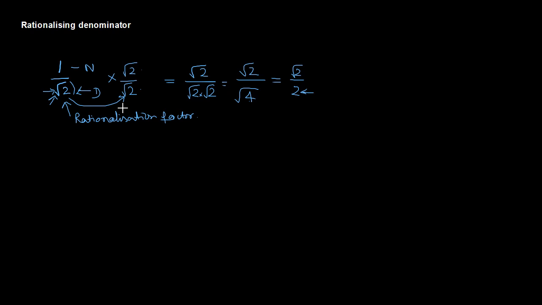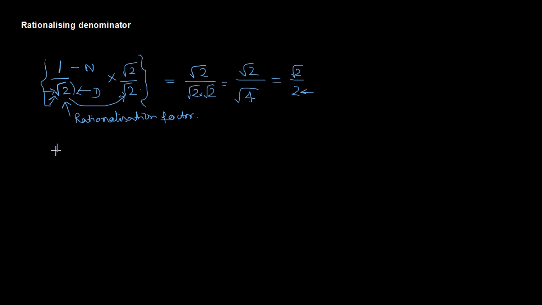Rationalizing the denominator, I'm finding the rationalization factor for the denominator, and multiplying and dividing. The reason we are multiplying and dividing is that even if you verify, this gets cancelled, this gets cancelled, and the question whatever is given still stays the same. So that's the main thing. Now coming back to another